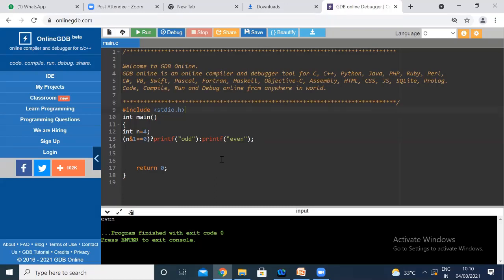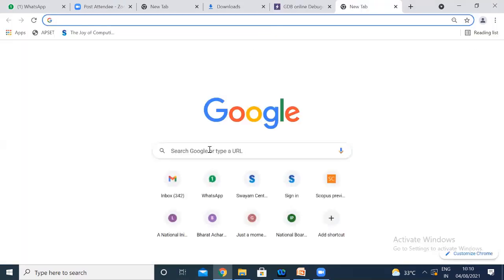Okay. In the next class, once again, I'll solve this particular issue, or else we'll see with another compiler. Just wait for a while. I'll go with another compiler.